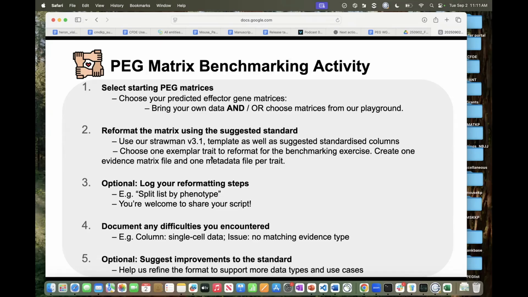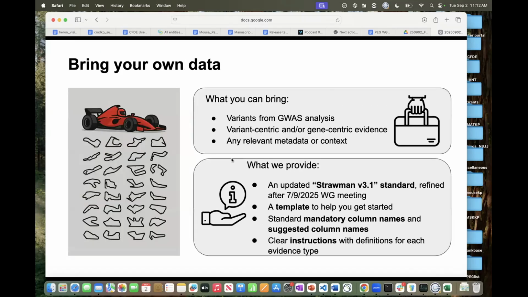We asked that each volunteer choose one sample trait for this benchmarking activity. We didn't want people to feel like they had to go through every single trait in a GWAS, for instance, but thought that this would give an example of how well the standard worked. We asked each individual to log the steps they took in reformatting, share scripts where available, and then document any difficulties that they encountered. Finally, we asked that everybody suggest improvements to the standard so that we can refine it moving forward.